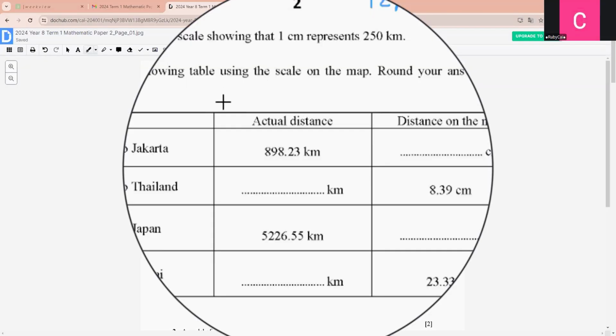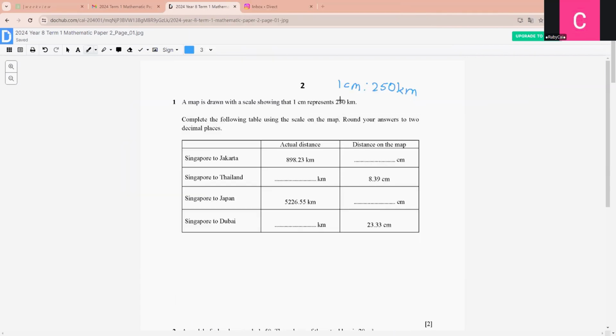So the first question is to find the distances using the ratio 1 cm to 250 km. The first question is, from Singapore to Chicago, the actual distance is 898.23 kilometers. Find the distance on the map. So we do this by finding the actual distance divided by the 250 km. So we divide this by 250,